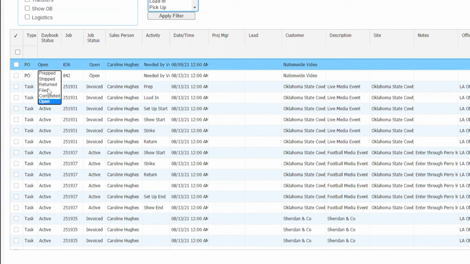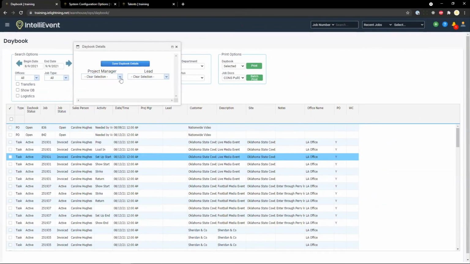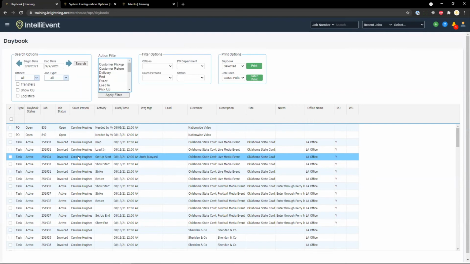saves strictly on the Daybook itself. It's similar to the project manager and lead dropdown over here. If I were to select a project manager for a particular row on the Daybook and adjust the status, it just impacts the Daybook. But if I were to ever load